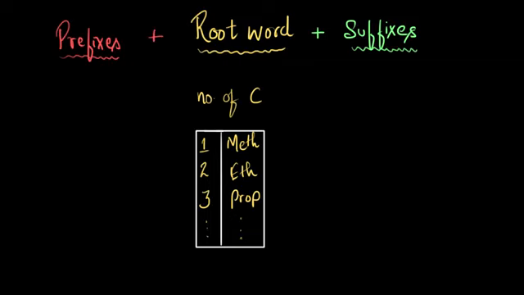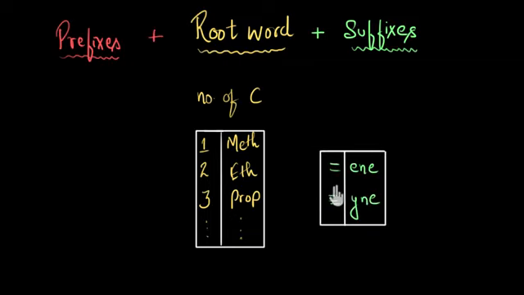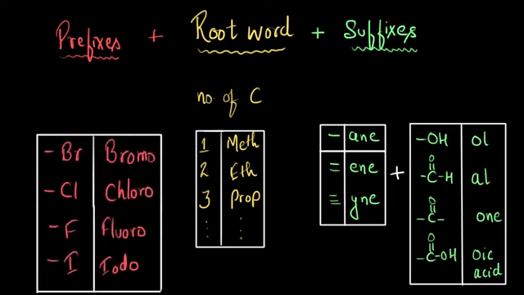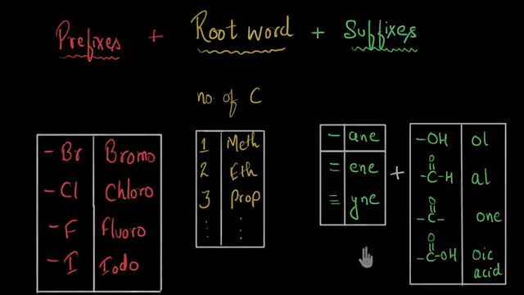For example, if there are a double bond and a triple bond present in the carbon chain, then we use these suffixes. But if there are no double or triple bonds present, then that means by default the carbon atoms are connected to each other by single bonds. And by default, we use the suffix "ane". Now, if there are some other oxygen containing functional groups like these, then we add these suffixes also to the name. And if there are some functional groups like bromine, chlorine, fluorine, and iodine, then we add these prefixes to the name. Now let's look at each of these in more detail.